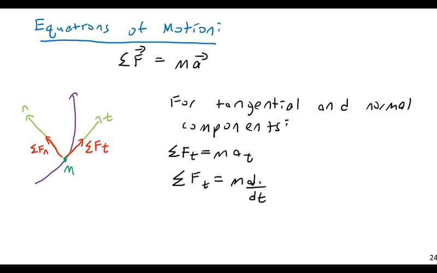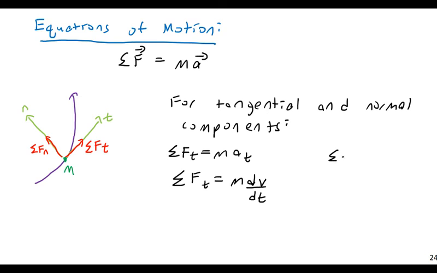The acceleration in the tangential direction is going to be equal to the change in velocity with respect to time. As we saw last time, there is a relationship between tangential acceleration and velocity. The tangential acceleration is going to be equal to the derivative with respect to time of the velocity. Meanwhile, in the normal direction